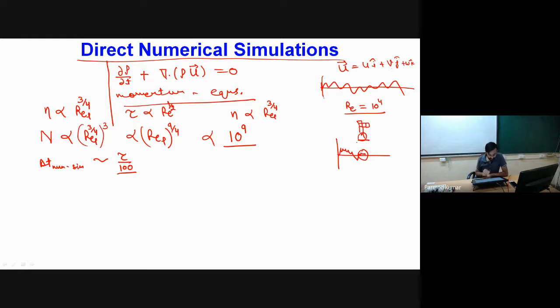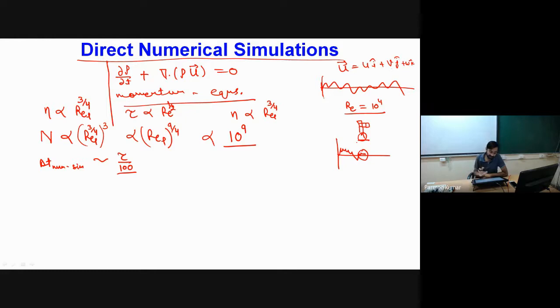Okay, so it means that in terms of computational resources, direct numerical simulations have very large computational requirements, and the expenses are very large. Even for a very small domain and a moderate range of Reynolds number, you may find that if we have to do direct numerical simulations, the computational time may be a number of years. Okay, so I'm not talking about days or months. It may be a number of years.